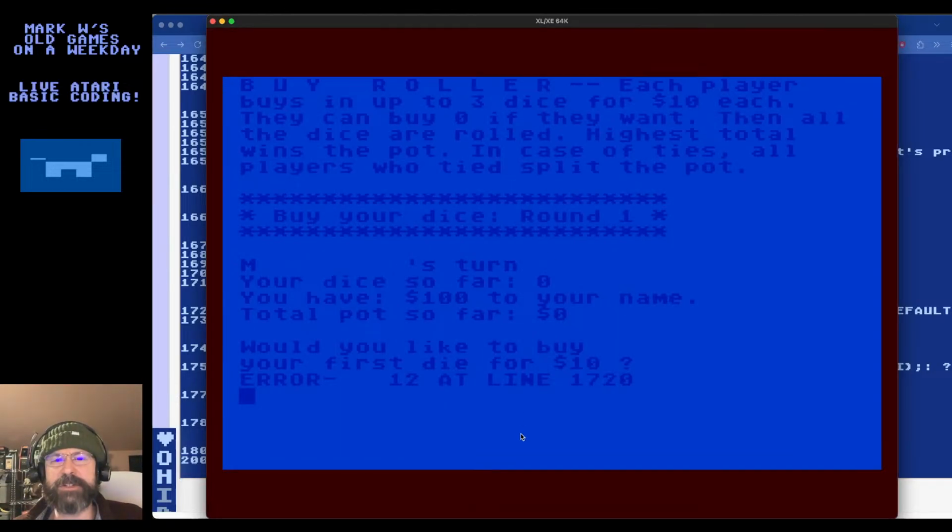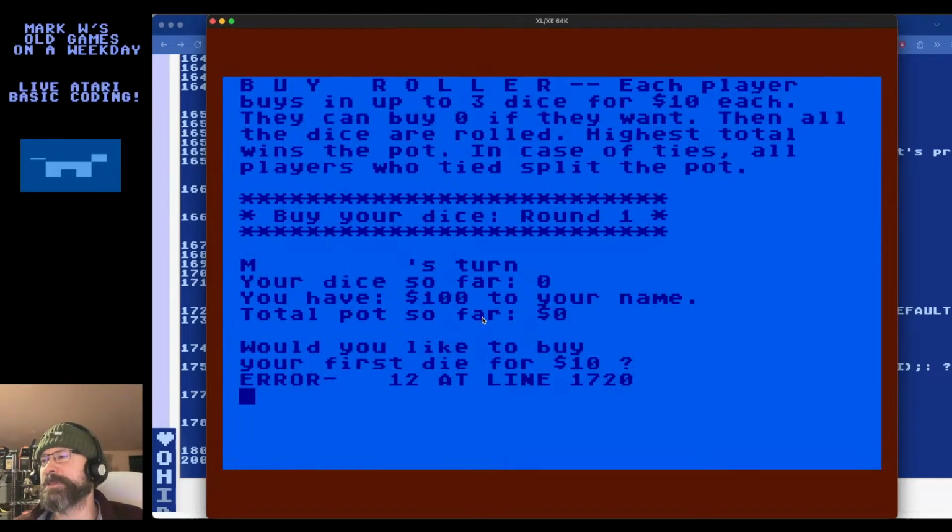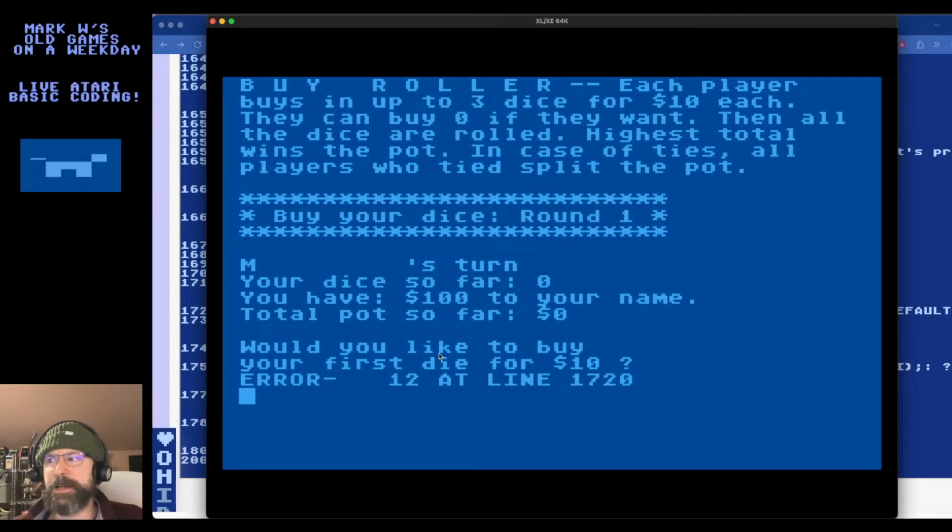That's lovely, and changing colors. This is, by the way, like the old Atari screensaver mode, sort of. If you sat here at the prompt, it would just change colors on you. But I'm going to type something to make it stop doing that. All right. Anyway, what was I saying?